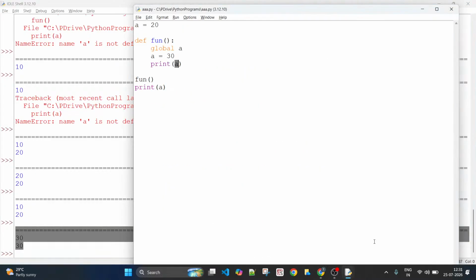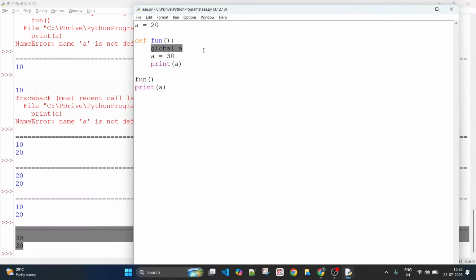So this is how you need to understand these things. What is the concept of a global variable? And here, global and then the variable name indicates: refer to the global variable but not the local variable. If you don't have this statement, that's a different story. Then this is a local variable. And when you print, it prints 30, but when you come here and print, it will be printing 20 because this can only access the global variable, not this local variable.